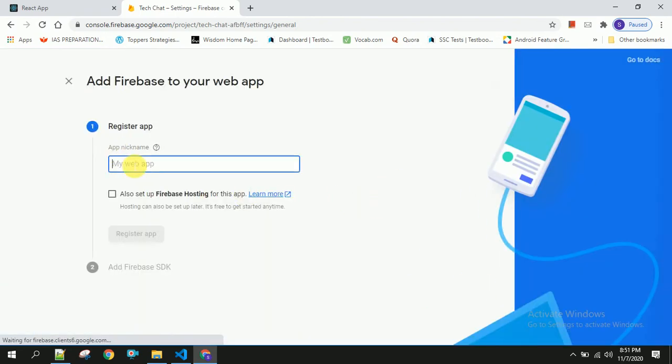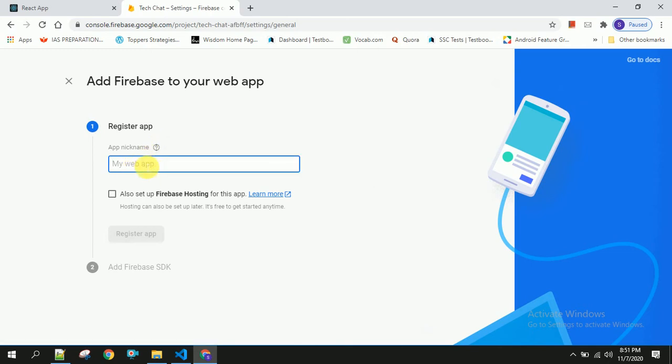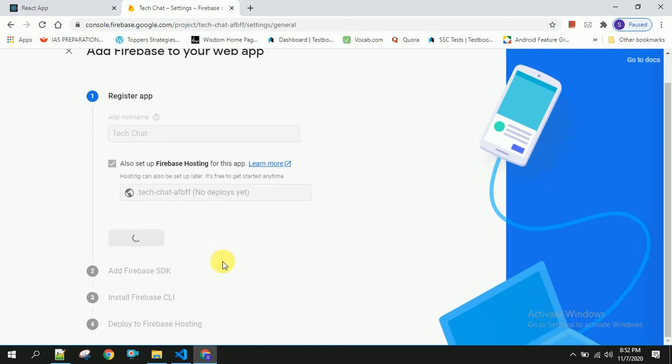Here you have to give any name. So I'm giving the same name. Once that is done, you have to click on this checkbox. This is for setting up Firebase hosting for the app you have created, and we have to click on register app.